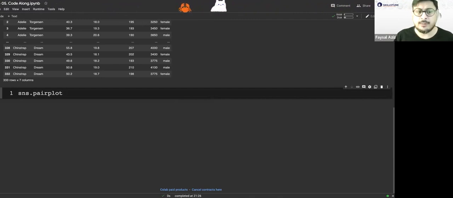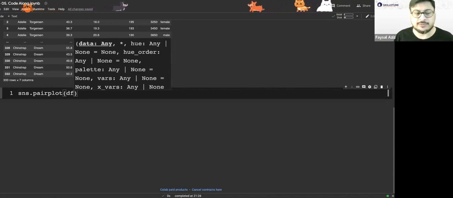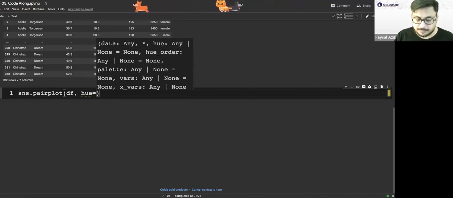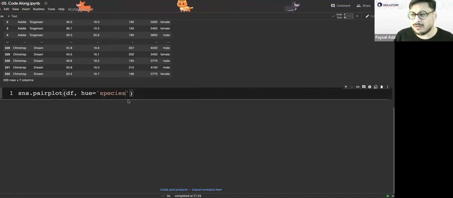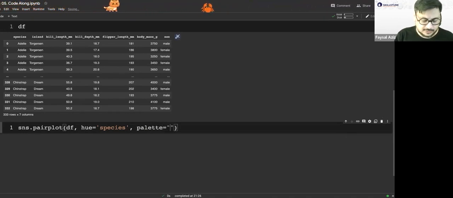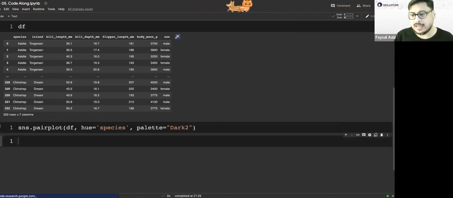So the code for that is sns.pairplot. SNS has many kinds of plots. I am looking for a pair plot. Where is it going to get the data from? Well, from the data frame. And I want to separate the colors out based on the species. If I write species, how does Python understand? It just reads this header from the data, species. Sometimes it's a bit bright, so I'm just going to use a palette. I usually always use this dark2. There are many others. Actually, you don't even have to write this palette. I like to because I know what I want. Okay, and I run this.